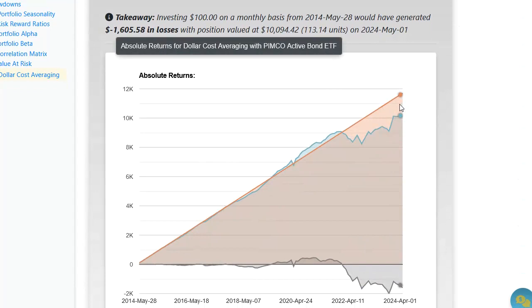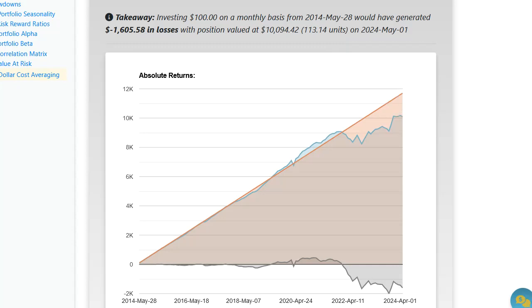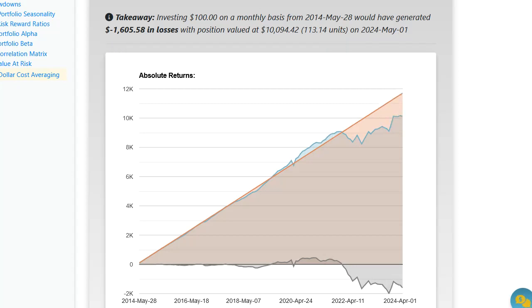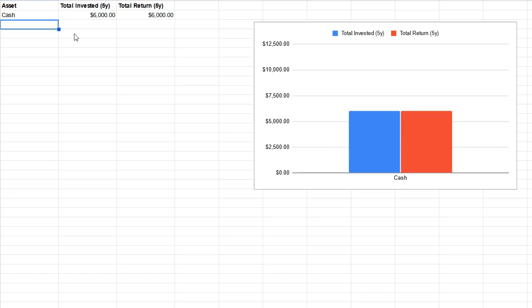Here, if you had done dollar cost averaging in bonds, which is highly stable, not very volatile, you would have even had a negative return. I mean, bonds would have performed better in many other decades, but this is a decade of investment, and bonds would have performed negative. Your capital would be sitting there for a decade, but it would be negative.